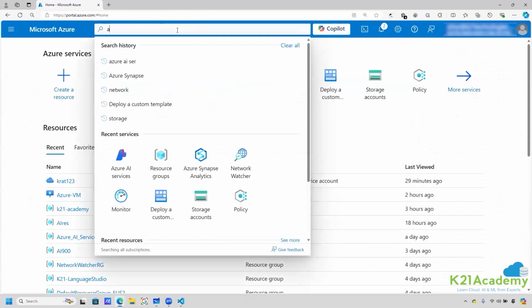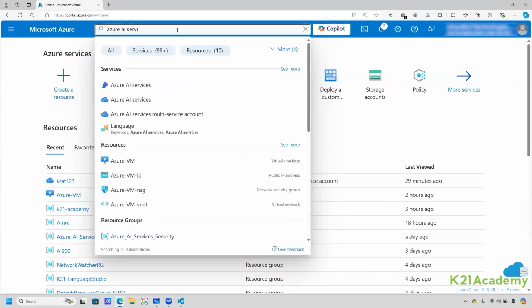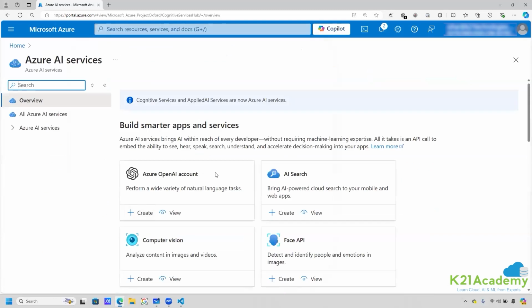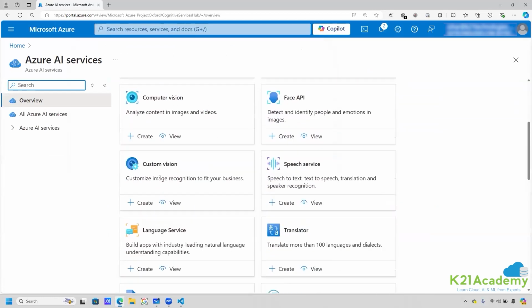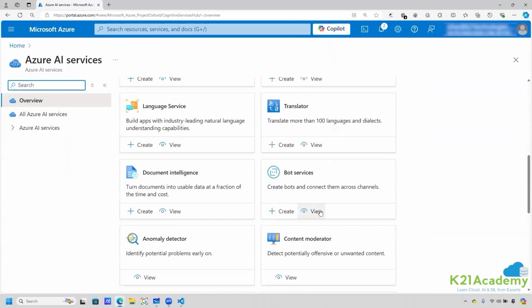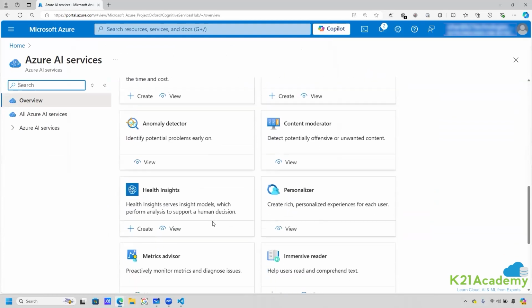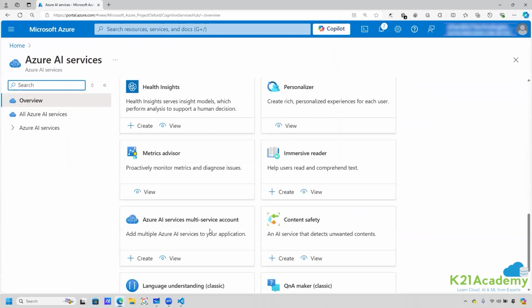What I'm interested in: Azure AI services, right? So there are so many services you can see here. We are going to learn each service one by one, right? Azure OpenAI account, AI search, face API, speech service, custom vision, language service, translator. Okay, bot, you can check it because we have Q&A. And content moderator, personalizer, all these are the extra things which we are not going to learn, but if it's your wish, if you want to learn, you can learn, but anyways, you won't get any question in